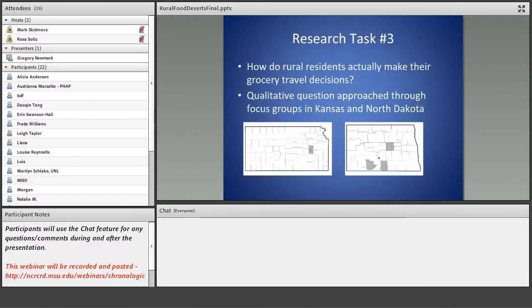All right, so the problem with the National Household Travel Survey, which is a wonderful data source, and the new data set just came out, is that it's a one-day survey, and shopping is a behavior that most people don't engage in every single day, or most households don't engage in every single day. So we wanted to get a broader sense of how people actually shop, and also the decision-making process that goes with that. And so we conducted a series of focus groups in Kansas and North Dakota, and we chose those